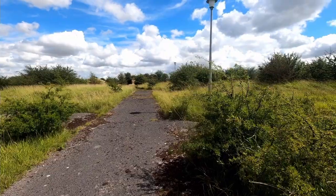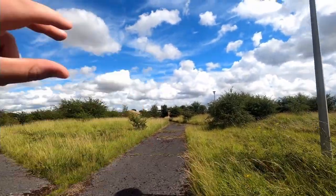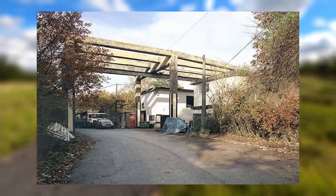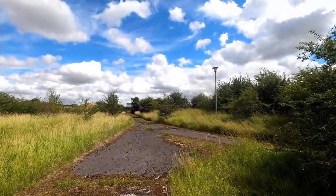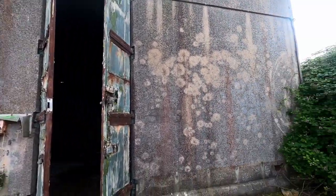RAF Barnham has a similar building to this, which has two bits of metal coming down. Now I'll flash up a picture. Okay, that picture looks very similar to what we're walking to now, and I'll just get it up on my phone and show my dad. I think he'll be interested in this. Right, so this is now